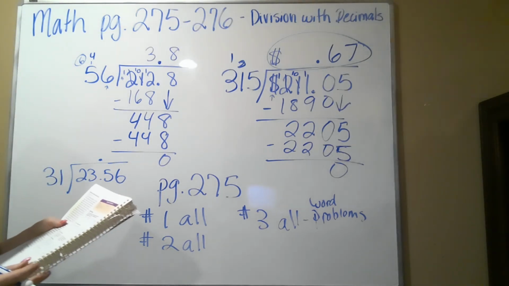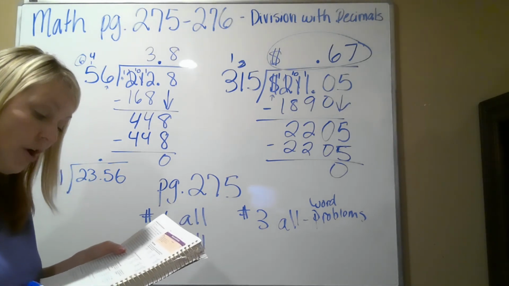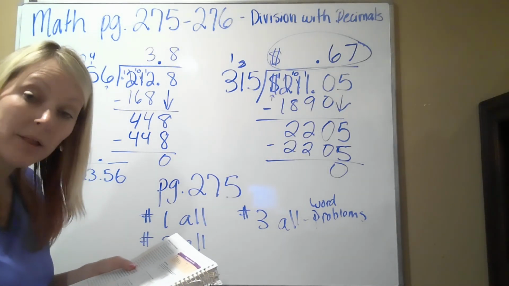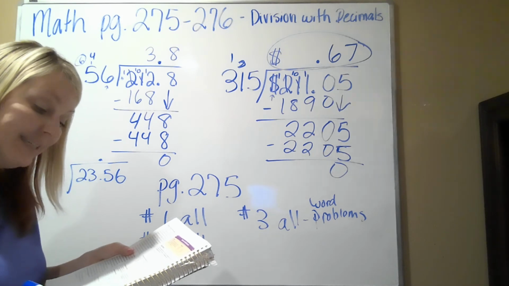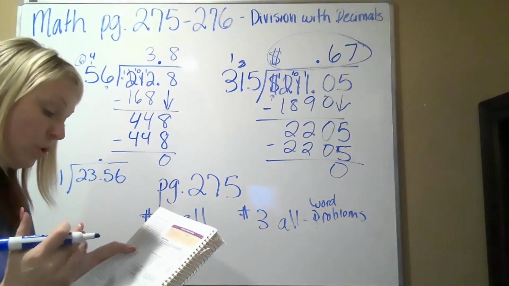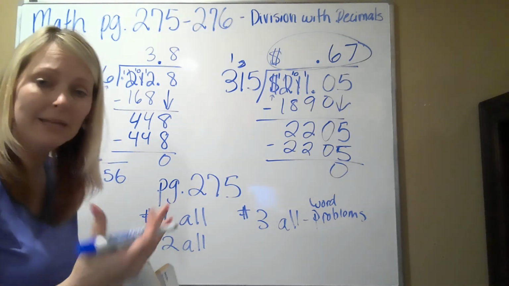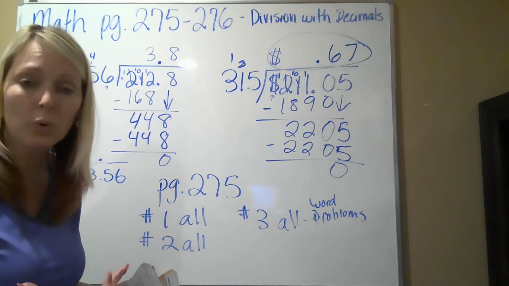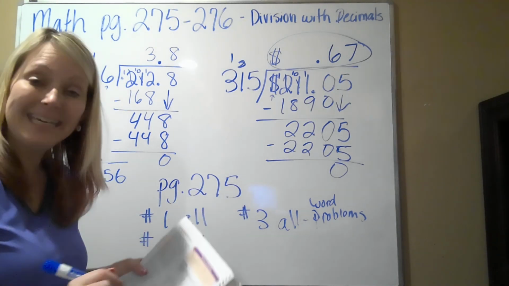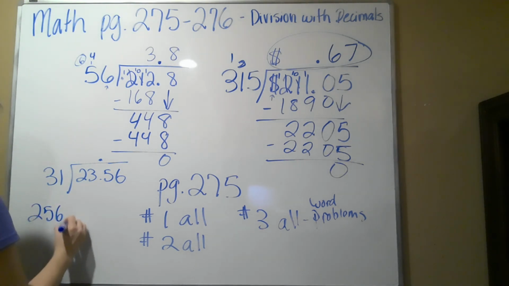Then on B, it says Mr. Blackburn worked 256 days last year, and he made $30,784. They want to know, what is his average per day? Like, how much does he make every single day? So you're going to do the same thing. You've got to divide. We know average, right? We add everything up and then we divide. Well, they've already added up what he's made for the total year. So you just have to divide his days into his salary. So that would be 256